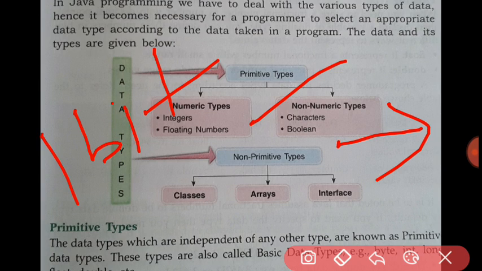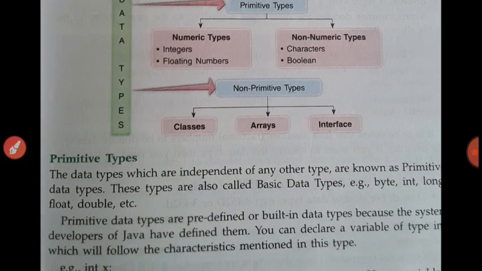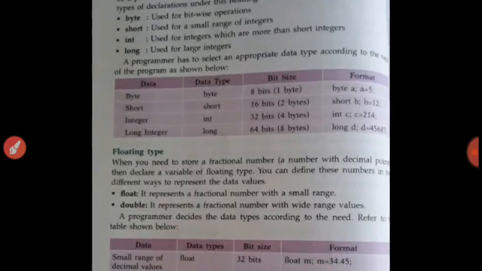The non-primitive data types have 3 categories. Classes, arrays, interface, these are the examples. So what does it mean? We have to declare that. As we declare the values, as per that the size is defined. String also you can include here, because string is a group of characters. Whatever number of characters there are, that much will be the size of the string, right? So I hope this will be clear to you.